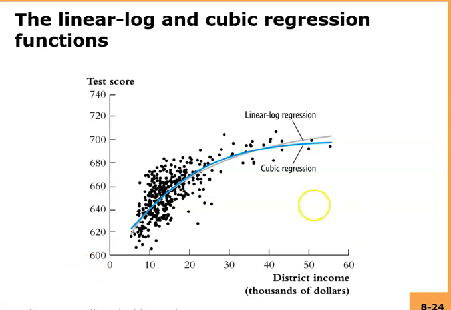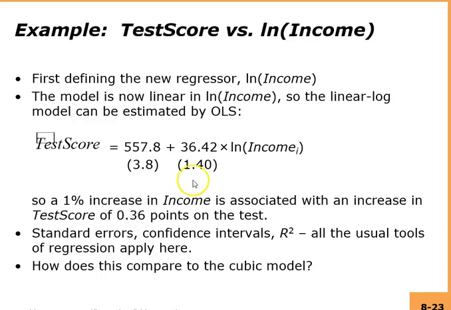So remember that we get this easily interpreted result in the case of linear-log because we are dealing with percentage change in x. If we go back one slide, you will see that in the case of polynomials you get multiple coefficients based on the degree of the polynomial, but over here you only get one coefficient. This does not imply that this is a linear relationship, but only that the relationship between test score and log of income is linear, but the relationship between income and test score is not a